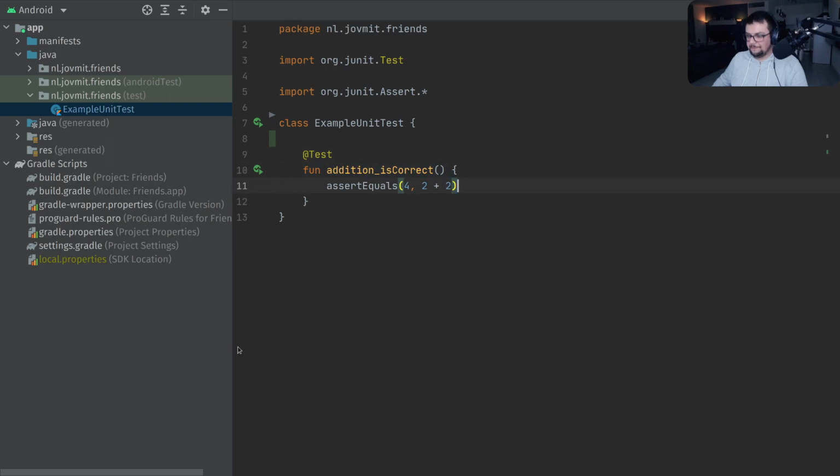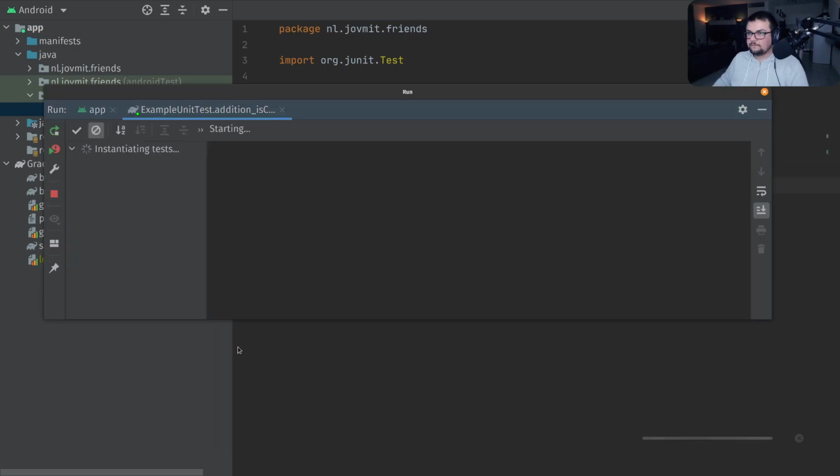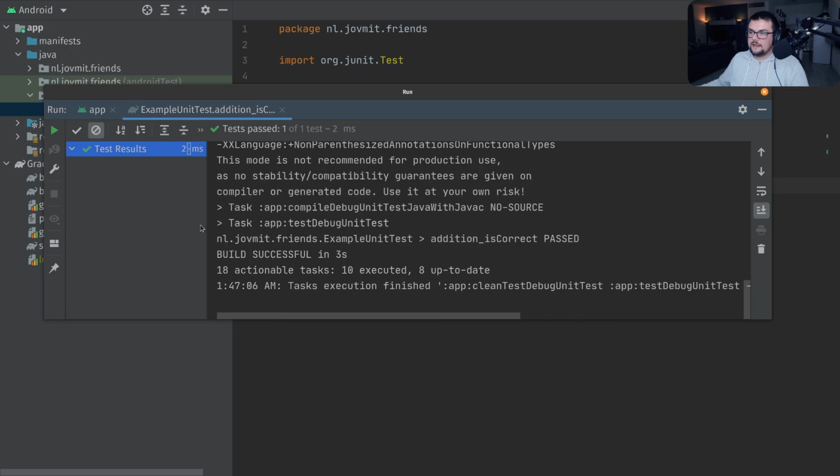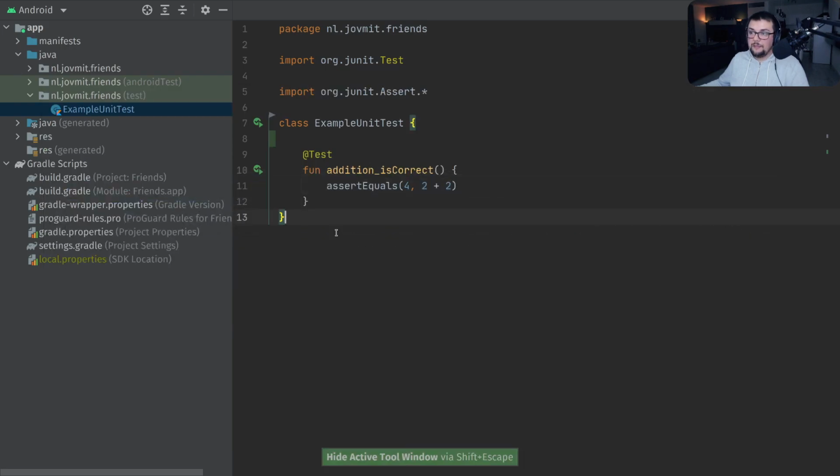So there are a bunch of things that I want to address before starting on the actual logic. The first thing is that when I run the tests, they are running with Gradle, and that's something that started happening